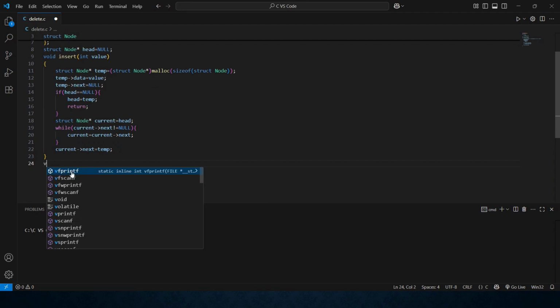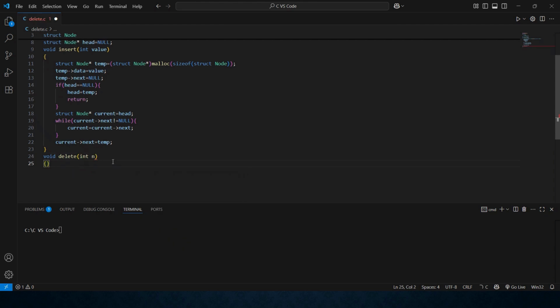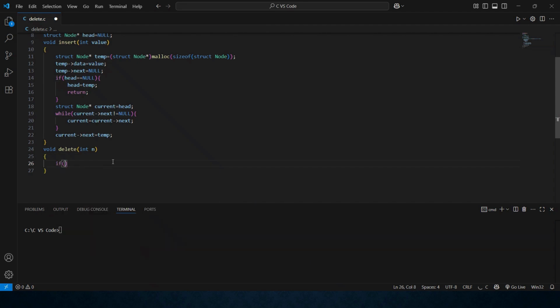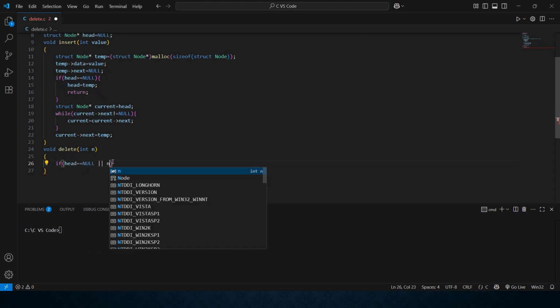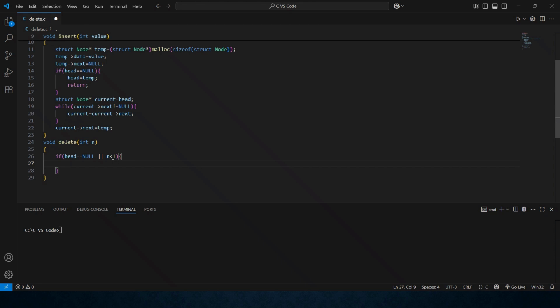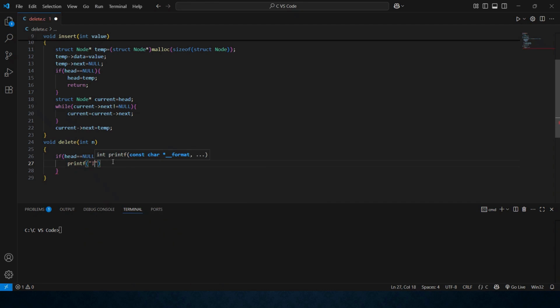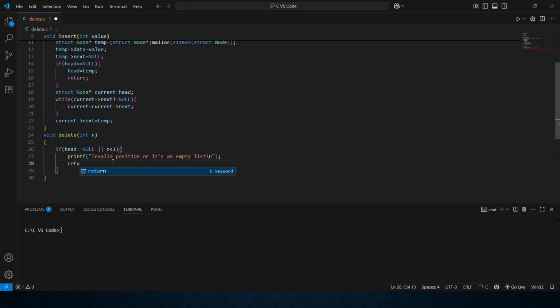Now let's create a delete function, void delete int n. Here n is the position which I want to delete. So if head is equal to null, or if n is lesser than 1. If I want to delete something in a linked list, if it's empty or if the position is invalid, then I throw an error, printf invalid position, or it's an empty list. Then I return. Or else,